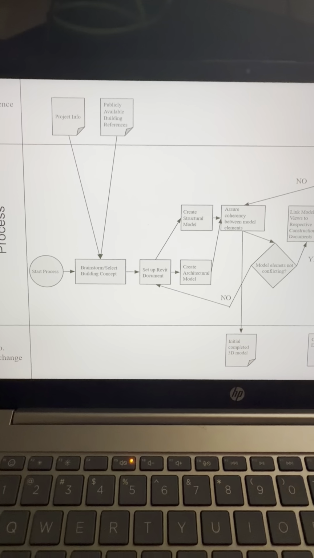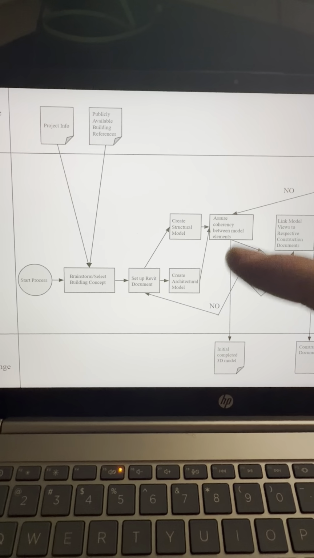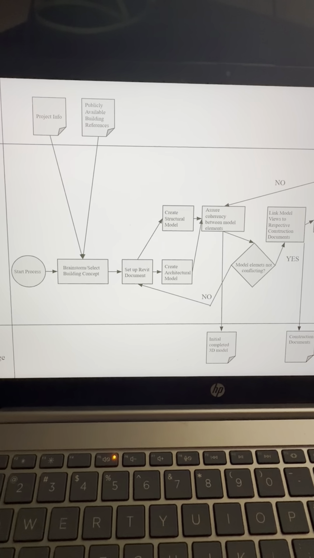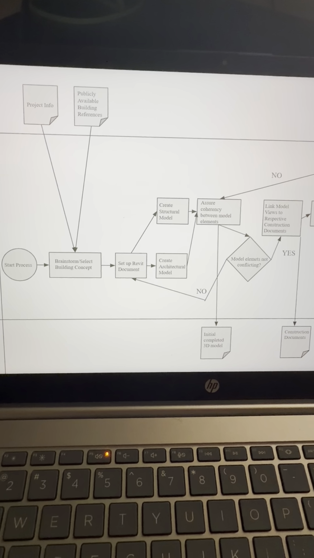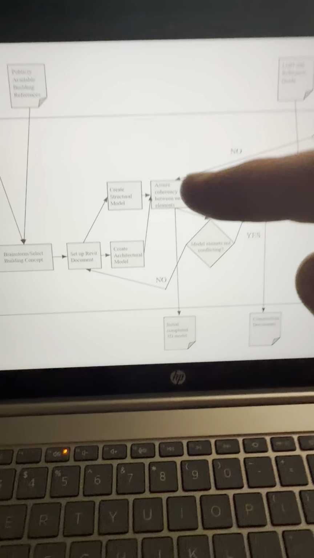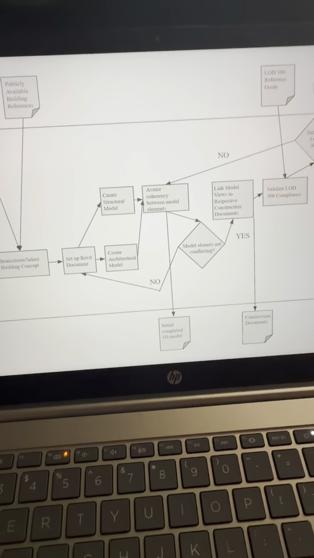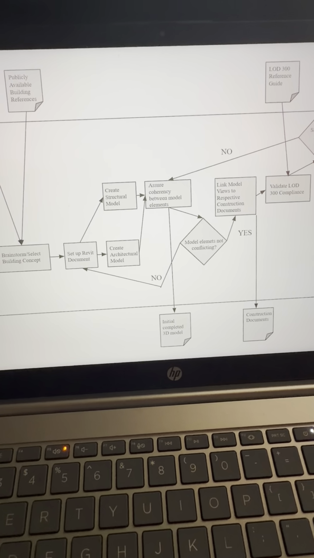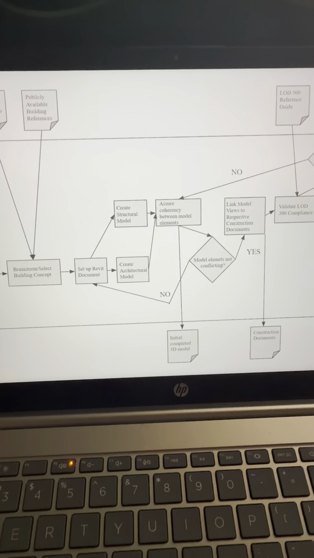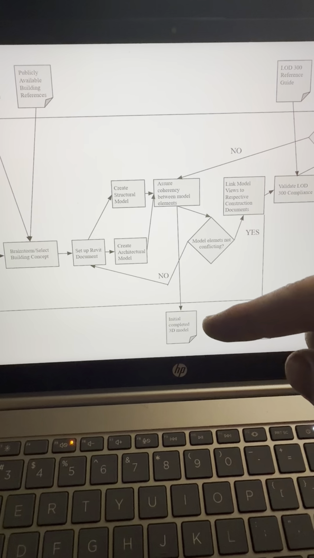And so once I had my concept in mind, I had to set up my Revit document and create the architectural and structural models, just going through and placing in all the different important components that were listed on the project info. And then once I had those, I had to assure the coherency between those elements, making sure that nothing was clashing, making sure that nothing was looking weird just because it was being put in some kind of strange way. And then if that turned out right, which yes it did, I end up with my initial completed